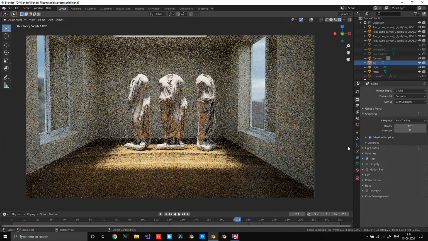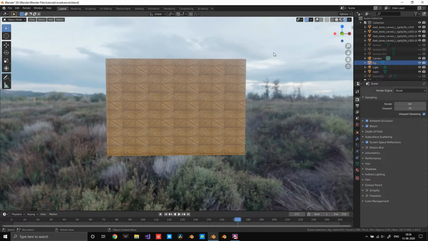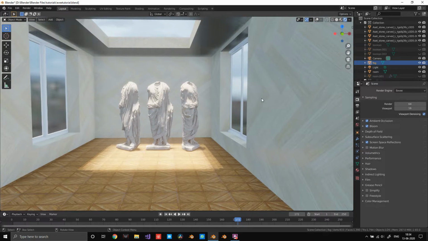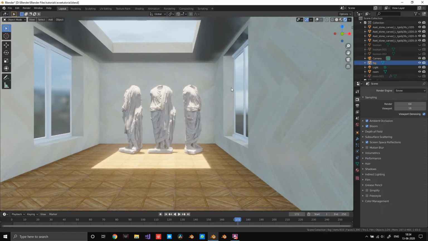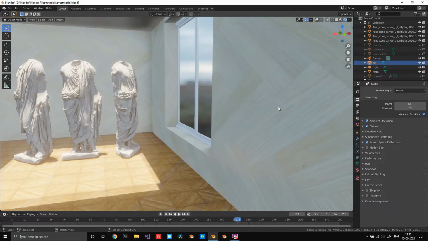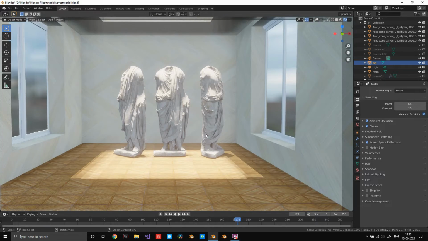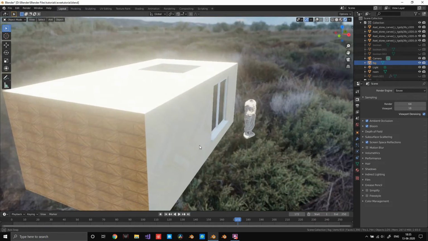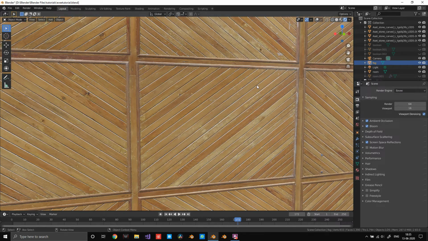But in Eevee there is no bounce lighting, and you will see the color of the HDRI as if it's lit by an HDRI. But the influence of the HDRI shouldn't happen inside a room. It should stay dark. So for that to happen, you will have to bake indirect lighting, and for that we are going to use